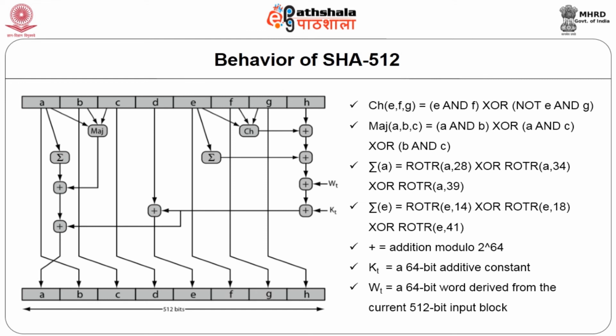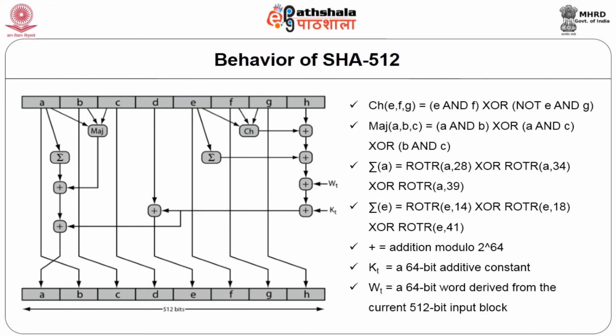First 16 values of WT are taken directly from the 16 words of the current block. So the current block is divided into 16 words. One word is of 64 bit length, so our input of 1024 bits is divided into 16 words, and they would be fed to WT. The remaining values are defined as a function of the earlier values. We used rotates, shifts, and exclusive OR. I already explained to you how these operations are performed to get new WTs.